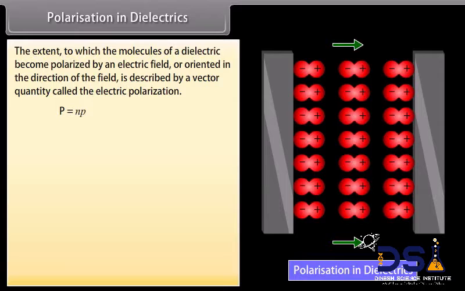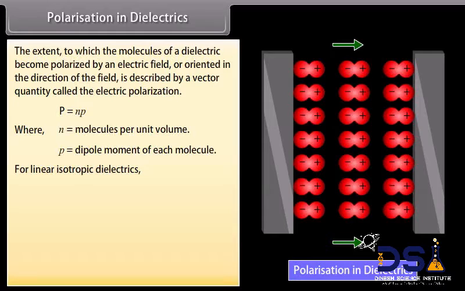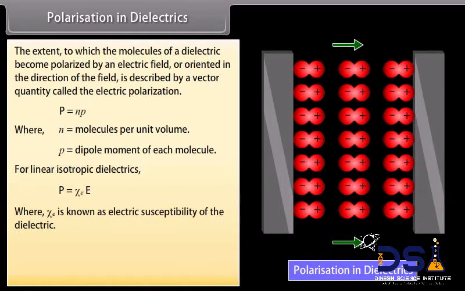P is equal to Np, where N is the number of molecules per unit volume and p is the dipole moment of each molecule. For linear isotropic dielectrics, P is equal to the product of Xi and E, where Xi is known as electric susceptibility